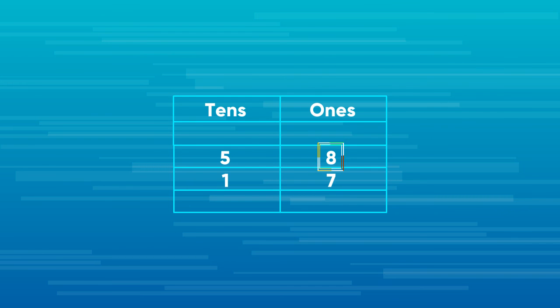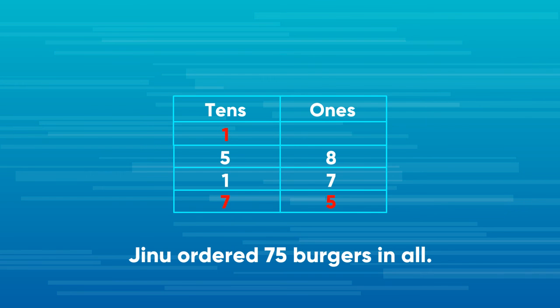Adding the ones column, 8 ones plus 7 ones is equal to 15 ones, which can be broken into 1 ten and 5 ones. We can carry this 1 ten to the tens place and add further. Adding the tens column, 5 tens plus 1 ten is equal to 6 tens plus 1. So, the sum is 7 tens and 5 ones, which is equal to 75. Gino ordered